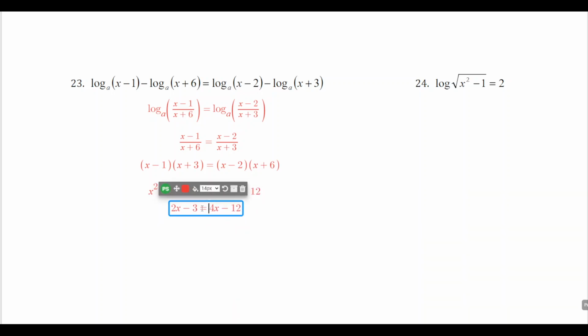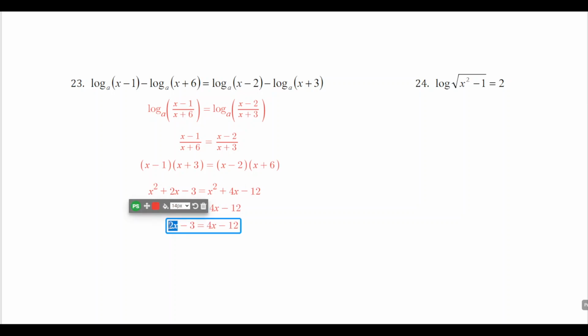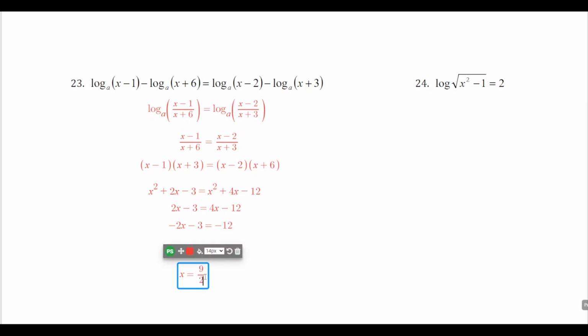All right, so what we can do here is subtract 4x from both sides, and so we get negative 2x minus 3 equals negative 12. Then we can add 3 to both sides and get negative 2x equals negative 9. And then divide both sides by negative 2, and we get 9 halves. So 9 halves is equal to